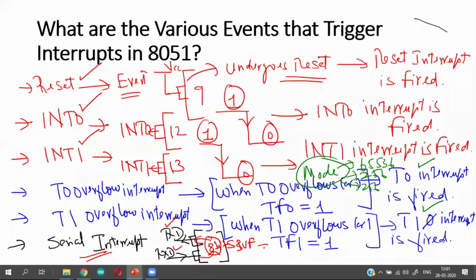So serial interrupt is fired under two cases. First case, when the transmit is complete, or when the receive is complete.